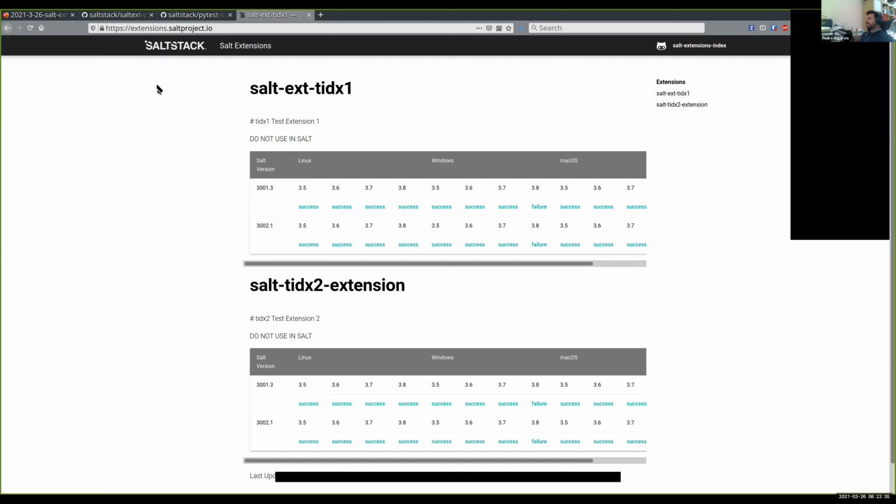Extensions.saltproject.io. This is a rough draft of what might become the Salt extensions index. The idea behind this is,